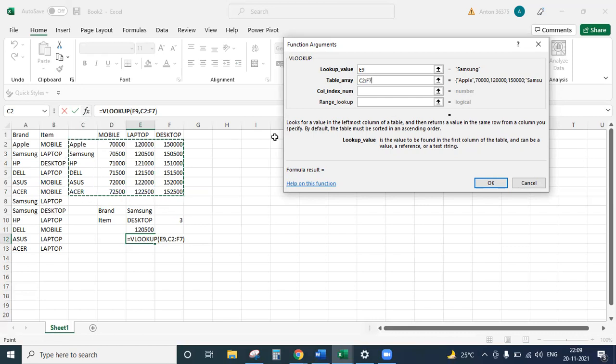This time I'm not going to put it manually. I'll put a match. Click on column index number. Say match, open the bracket. Match what? Match item desktop, E10.